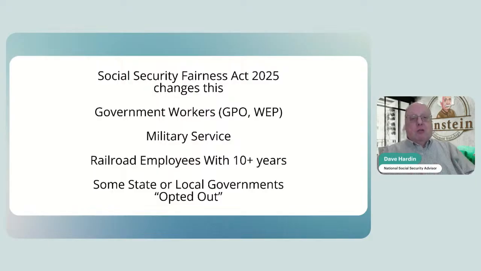Now, the GPO was even worse than that. The GPO said, hey, let's say I work for the government for 40 years and I have a wonderful pension, but my spouse, she didn't work for the government. She worked in the private sector, but I'll use my wife as an example. She taught for about 7 years, and then we started having kids, and then she took off until the youngest one was in second grade, and then she went back to work. But she didn't have 30 years. That was a big chunk out of her employment history.